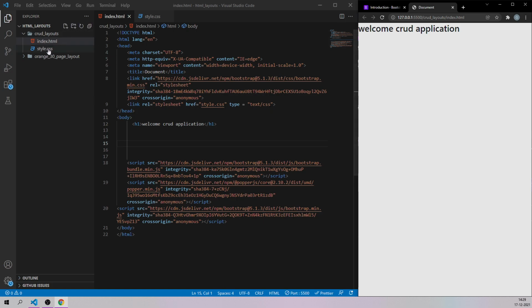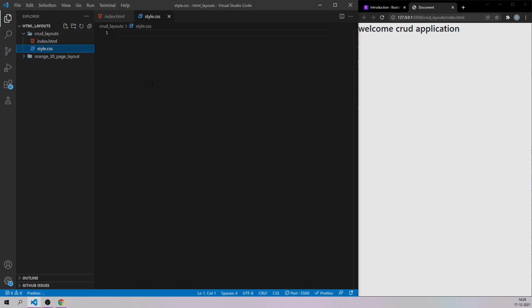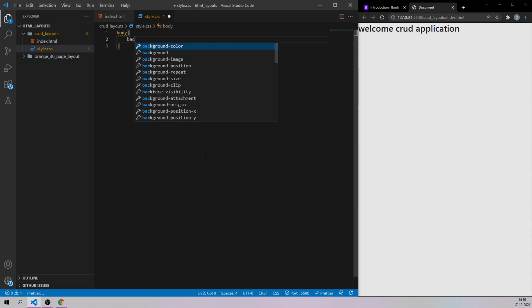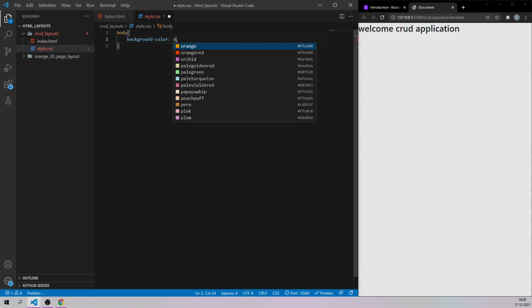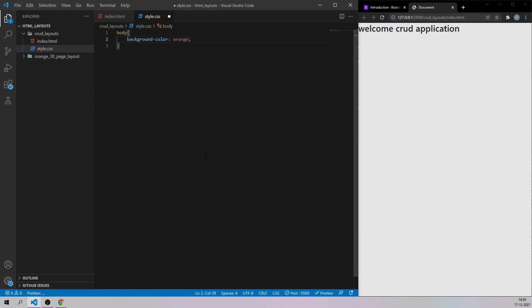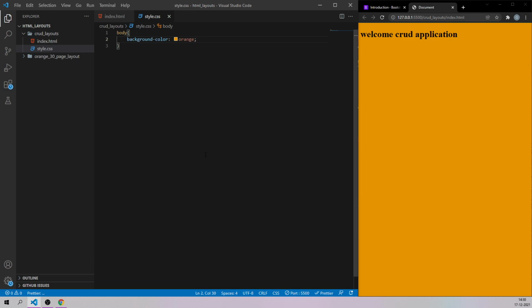Okay, now let me just go to the style.css, and let's say like this. Select the entire body, background color. So simply let me give it as orange right now. Okay, and we'll come to know that the CSS file is successfully attached to our HTML page.